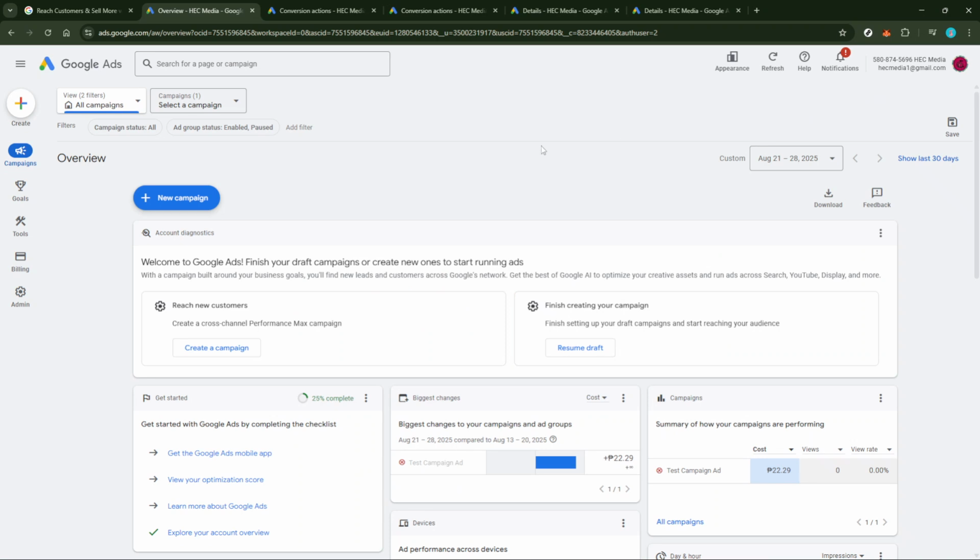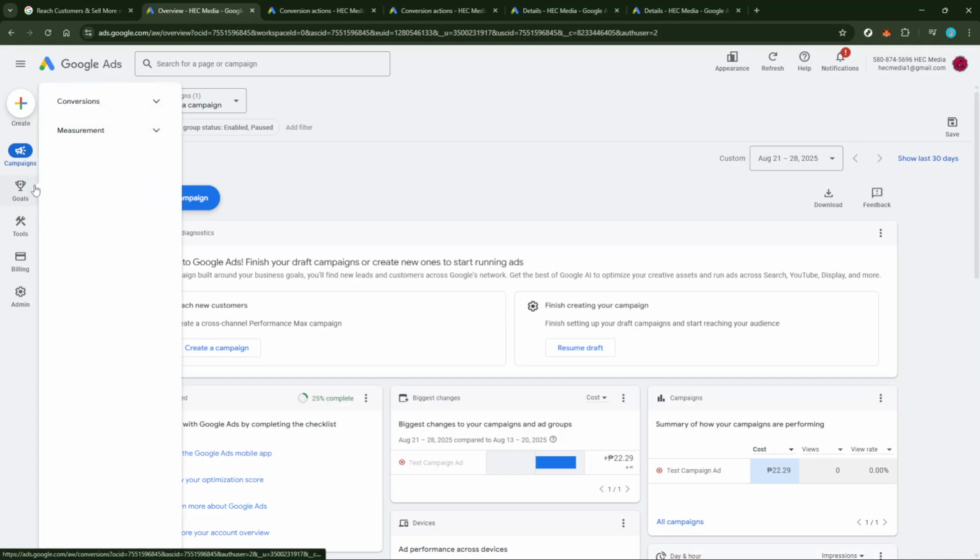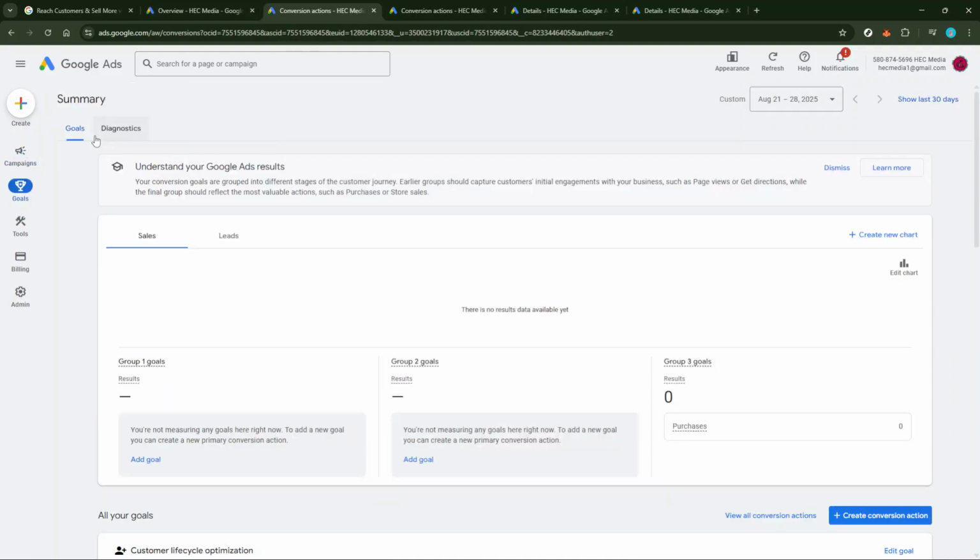Next, you'll need to direct your attention to the left-hand panel on your screen. You'll see several options here. Look for goals and hover your mouse over it. A submenu will appear, and you'll want to go to conversions and then to summary. This area is where all your conversion tracking magic happens. You'll be able to see a high-level view of your conversion actions here, providing a comprehensive overview of what's been